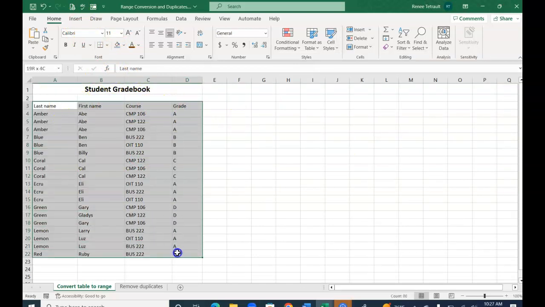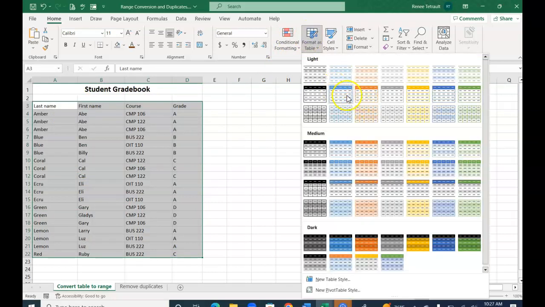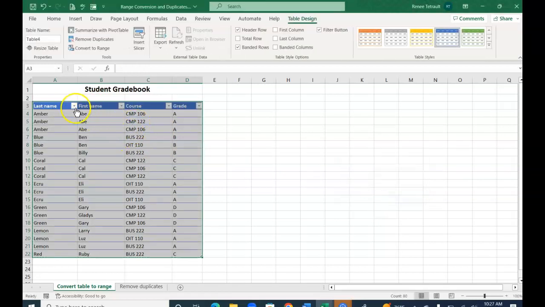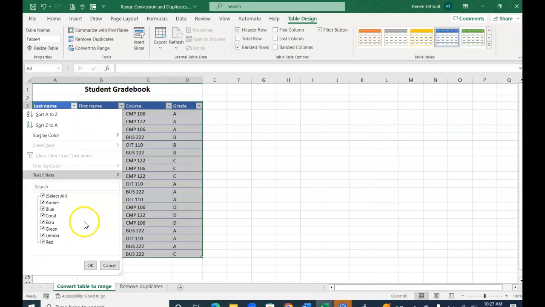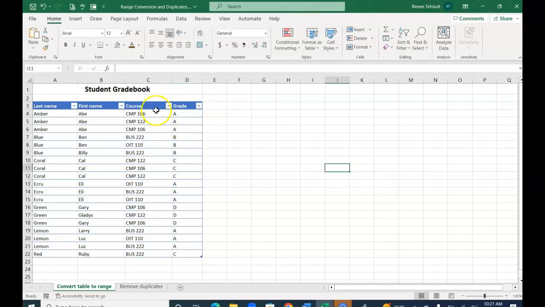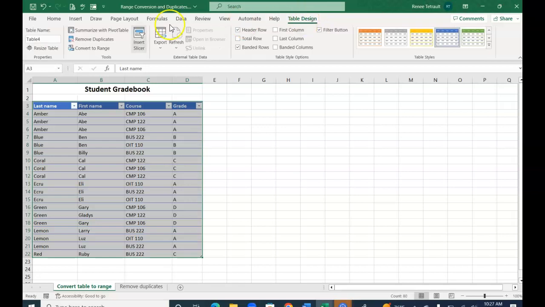All right, so again, we'll select it, choose format as table, and you can select anything you'd like. It'll confirm the range. This time I want to make sure it has a check mark on My Table Has Headers. And there we have it, and I have the capability to sort and filter on all of the columns. I do have that table design tab, and then I decide I don't need it anymore after I sorted and filtered or whatever, and I don't want to share this with someone who has that capability to do that. I can get rid of it again: select all of your range, from the table design tab,